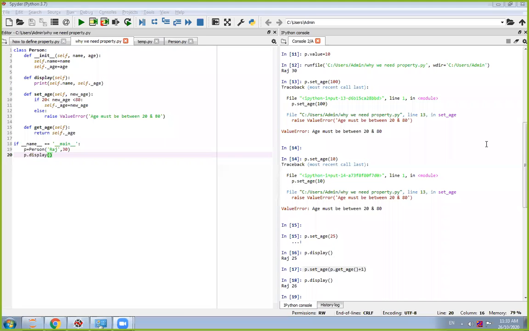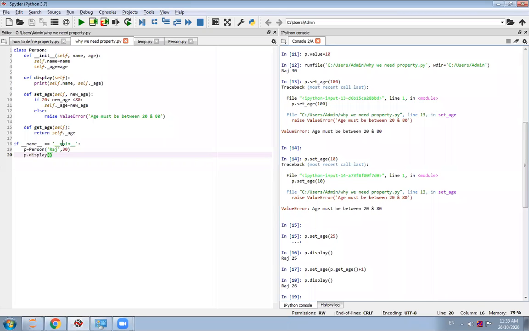Suppose here the name is Raj and age is 30, and the instance is P. Suppose I have created another instance, right? Obviously, one program may be accessed by a number of clients.